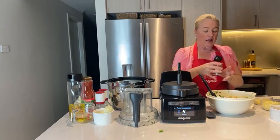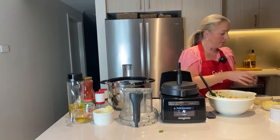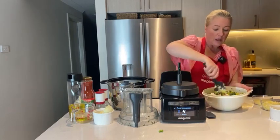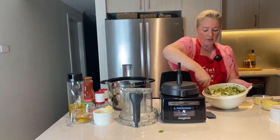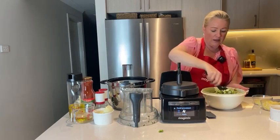Okay, and then we're just going to give a little pinch of nutmeg, like so. So we'll just give that a really quick stir. And the great thing with this recipe is while we're then doing the next part of this and putting it into our pasta, that we can actually get our sauce on, which is a really quick, easy...